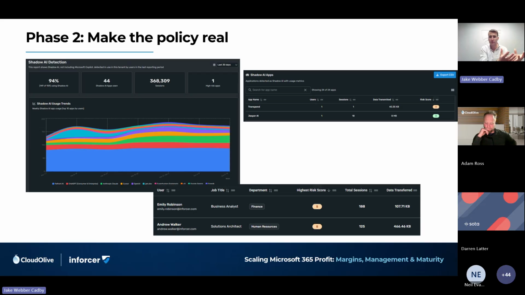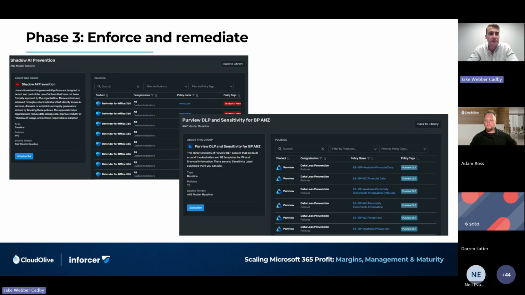So you've done a great job of getting the environment ready. You've now sold the Copilot license itself. Now what we provide you with is a mechanism to sit down with your client every single month and show them these are the teams in the organization that are using Copilot really well. Here are the applications where they're using it really well, across Excel, across PowerPoint. And then on the other side, here are the teams that are using it really poorly, and you're getting no value for the license that you're paying for here. And again, it allows the MSP to then go in and do workshops and do educational content for their customers to make sure they're really getting the most out of the license itself.